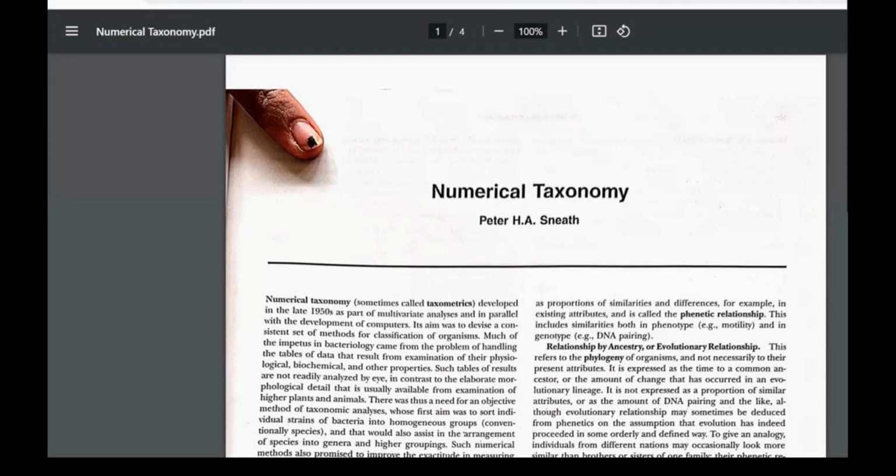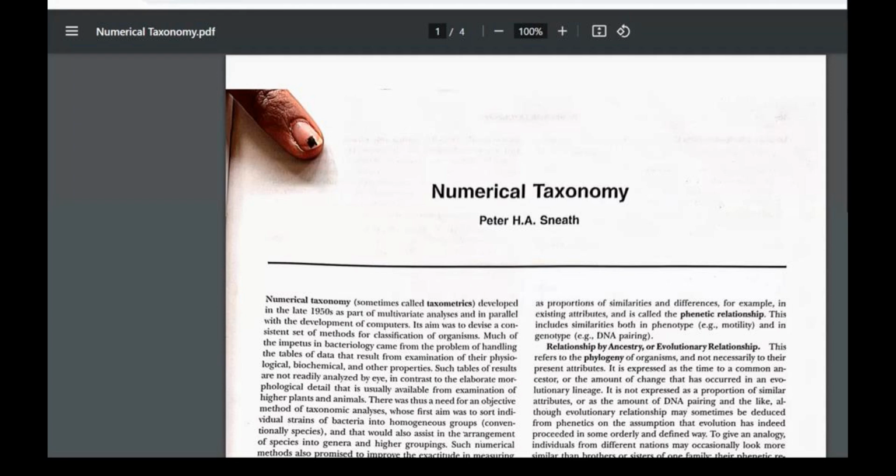All right. So we are talking about systematics of bacteriology, and the topic for today is numerical taxonomy. So when it comes to numerical, the word itself is telling you there is something to be counted. Numerology, numbers. So here is the original article from Bergey's Manual of Systematics of Bacteriology, which is from